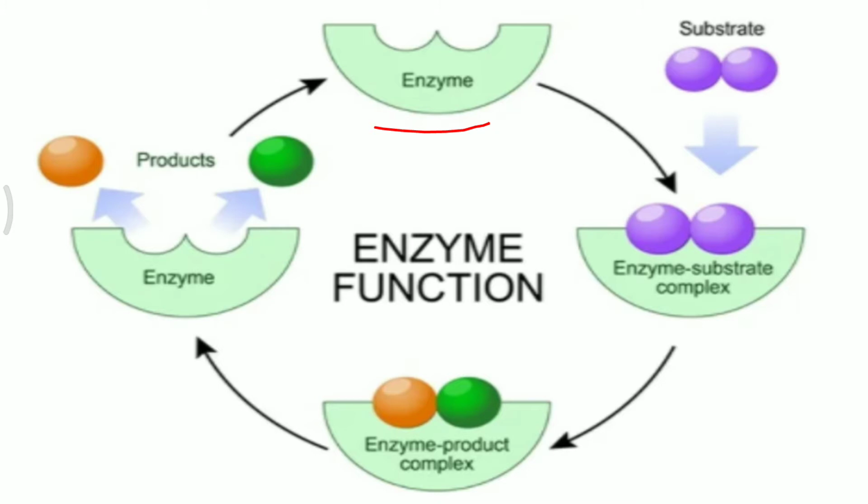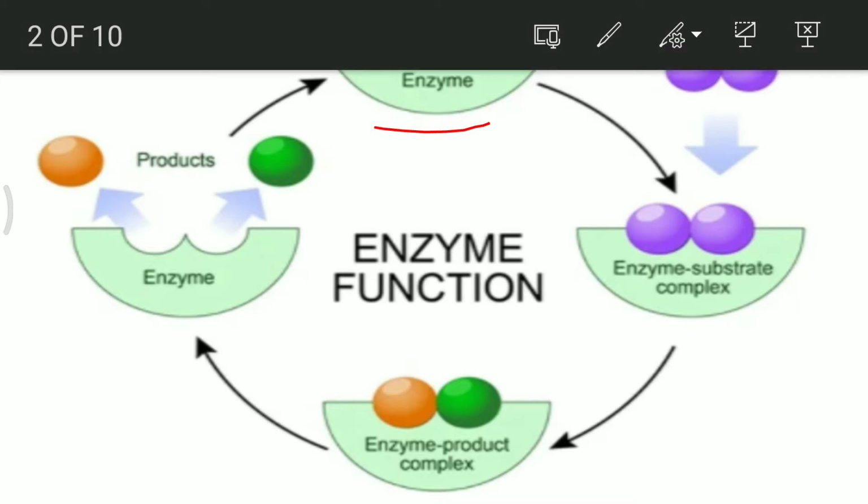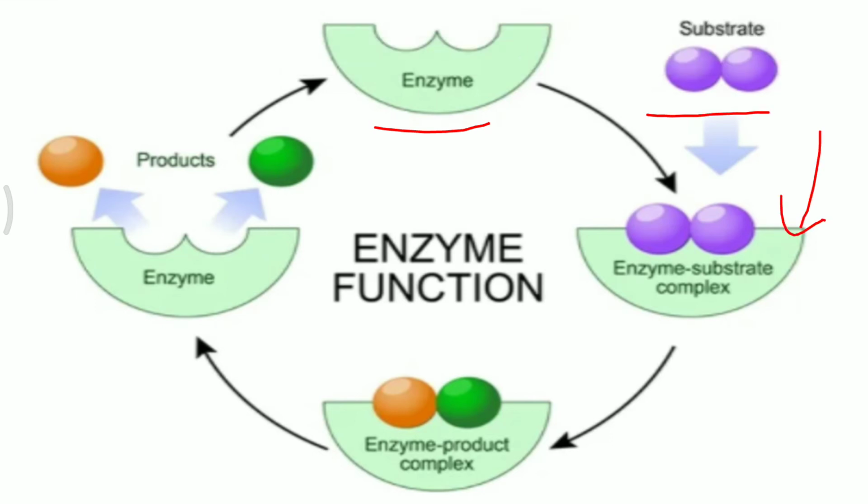One of the theories or a mode of action for the enzyme substrate combination is the lock and key model or lock and key hypothesis, according to which an enzyme comes in contact with the substrate over here. Enzyme will add on with the substrate and form the enzyme substrate complex. This enzyme substrate complex or ES complex